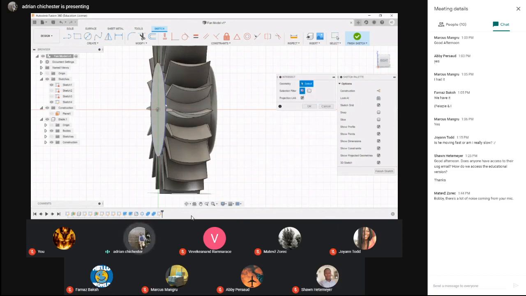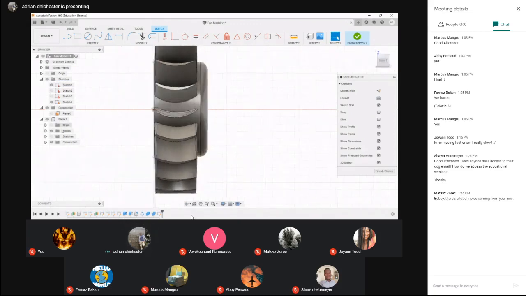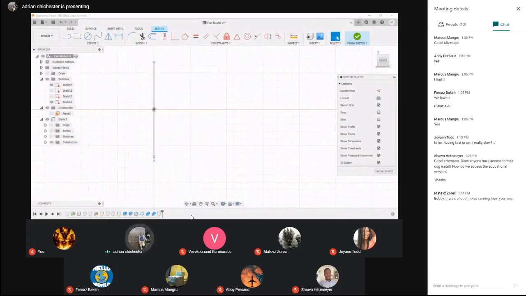And I'm going to select this face, the edge of this face. And when it does, it brings up two points where the face intersects the plane that I'm drawing out. So I'm gonna click OK. And I can turn off this body, and you see there it is, the 2